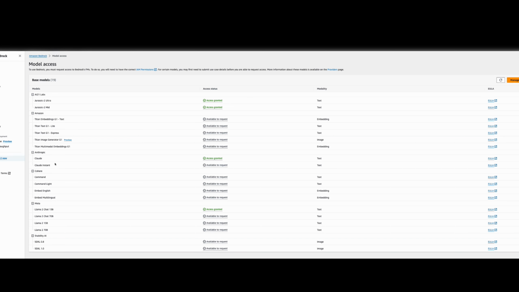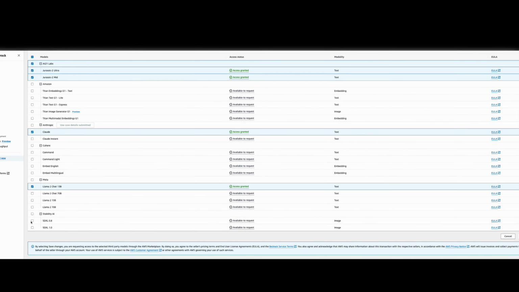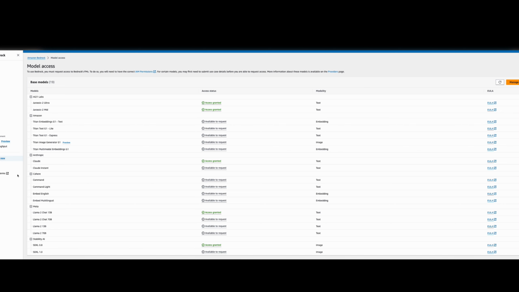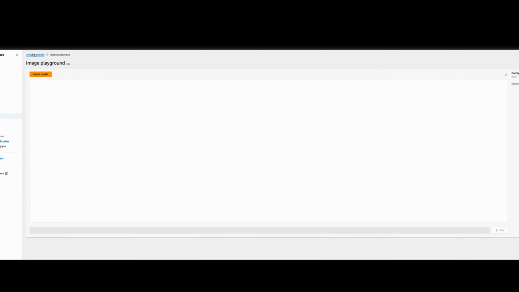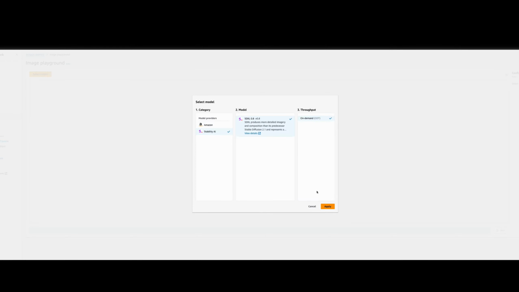So let me see if I can get access to one of the Stable Diffusion models available to request. Let me request the lowest model. So now we have access to one of the Stability AI models. So going back to the playground, which is under the overview page, playground, select the model, just pick this, and then